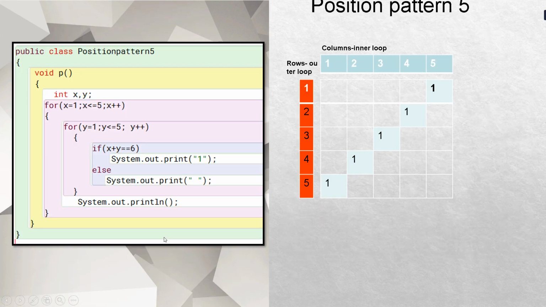Okay, let's understand the next program. Over here we have pattern 5, wherein the values are printed this way. So we need to have an inverse loop, that is this part has to be taken care of.